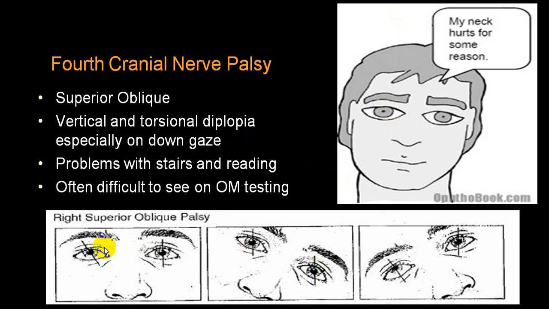That will be very peculiar, and the person will rotate the head. You can see here, these are the two normal actions. This is after paralysis. So the person now moves the head in such a way that both eyeball axes become parallel, and that will be tilting the head.